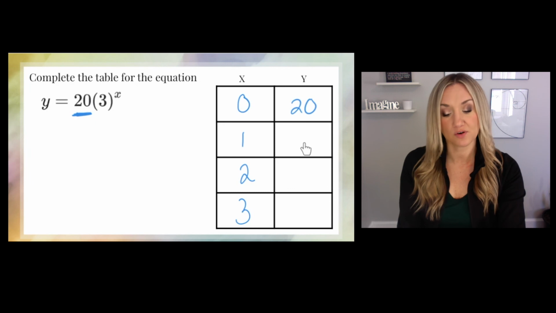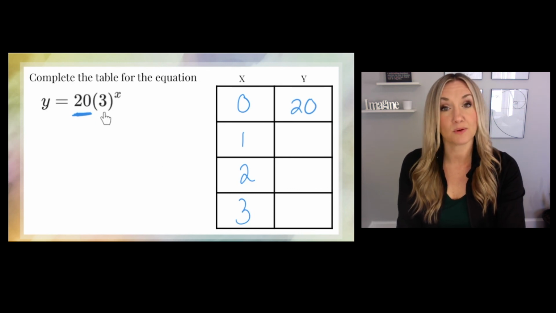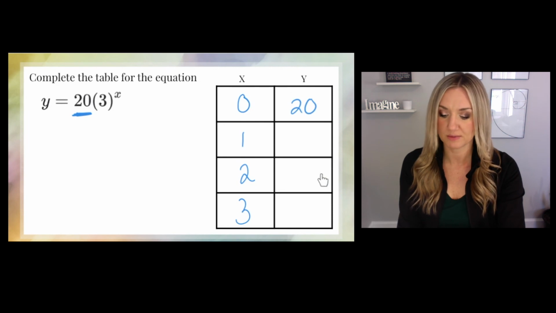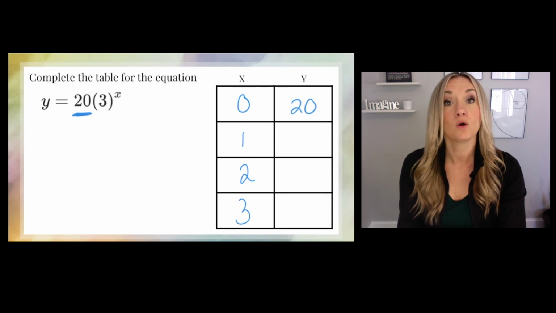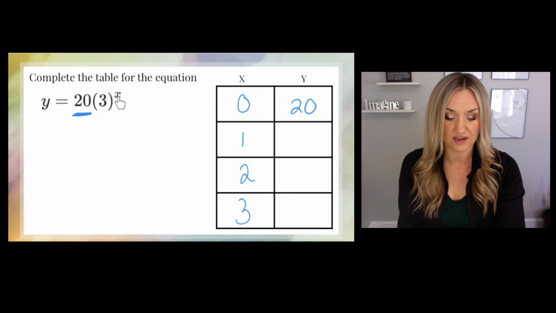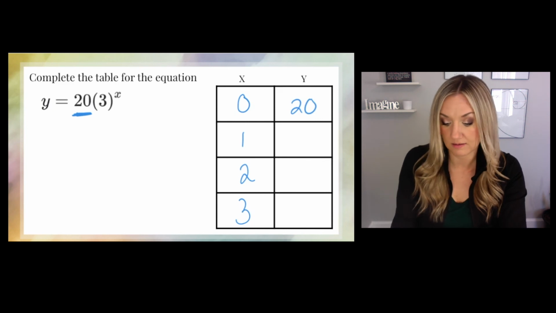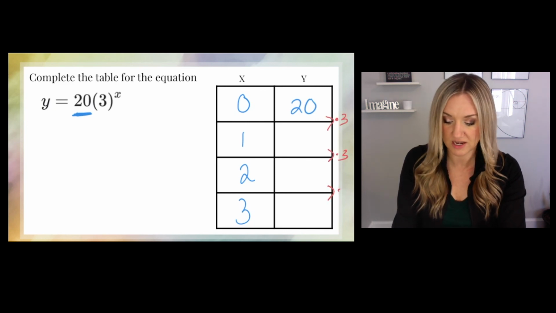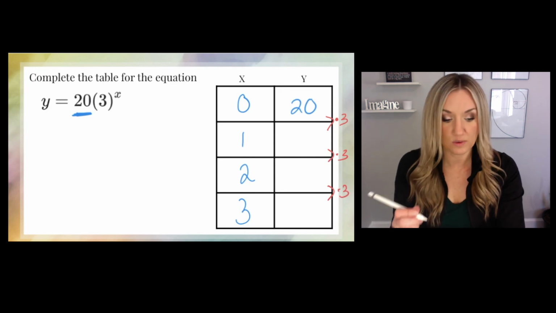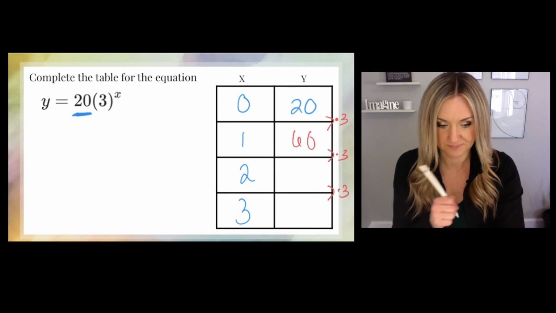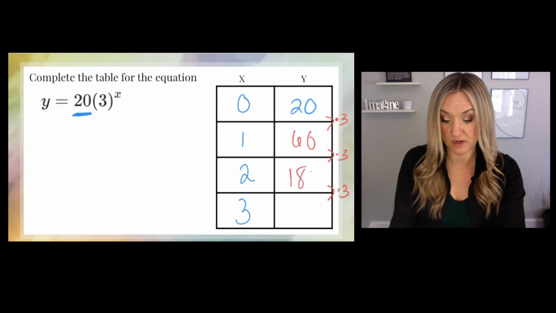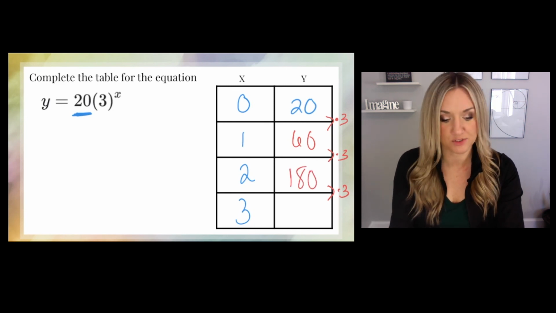Now there's a couple of different ways that you can fill out this table. You can recognize that the multiplier is 3, so you can just simply multiply by 3 each time. Or you can take the value of x and plug it in and compute that value. So if you were to do that, and let's just say we're going to use the multiplier and multiply by 3 each time, then we would have 60, and 60 times 3 is 180, and 180 times 3 is